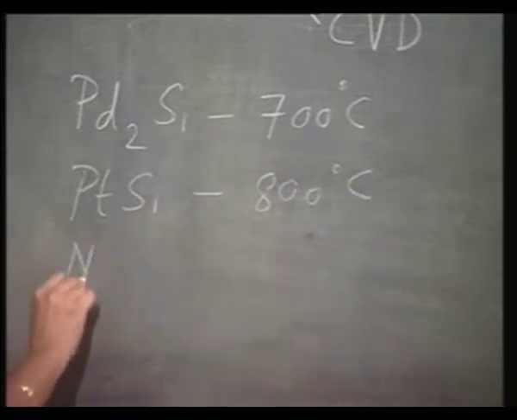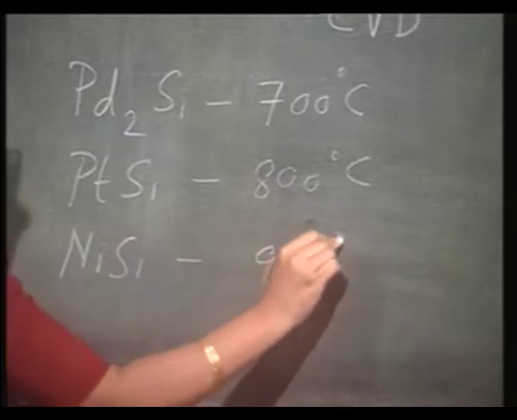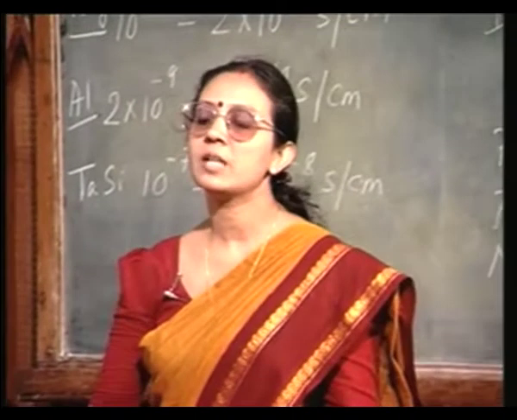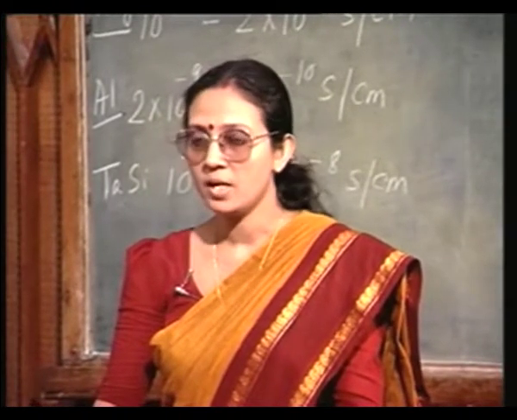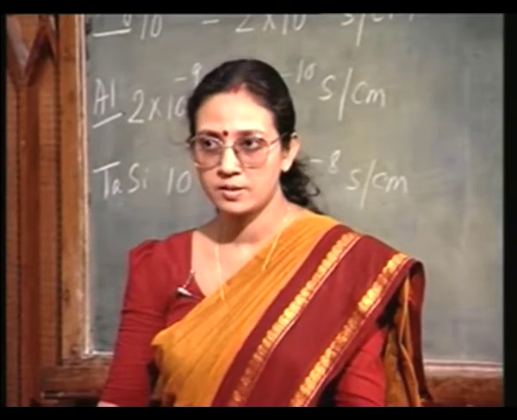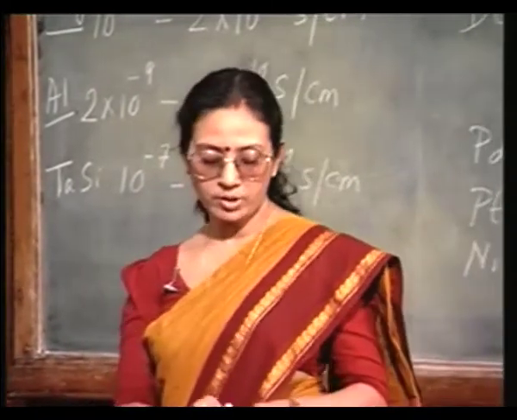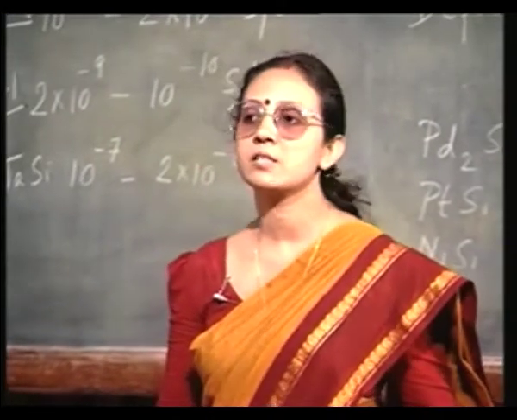And nickel silicide is stable up to 900 degree centigrade. If you use tungsten or titanium silicide, they are stable at temperatures even above 1000 degree centigrade. So, absolutely no problem as far as the stability is concerned. Okay. So, nowadays most of the MOS devices are silicided gate technologies,